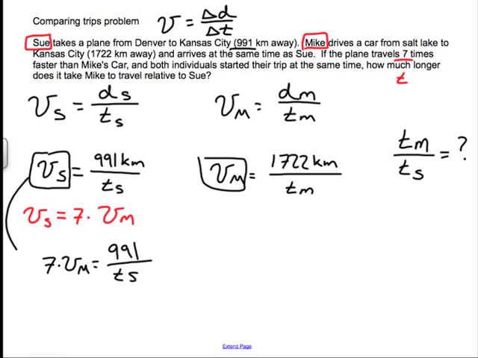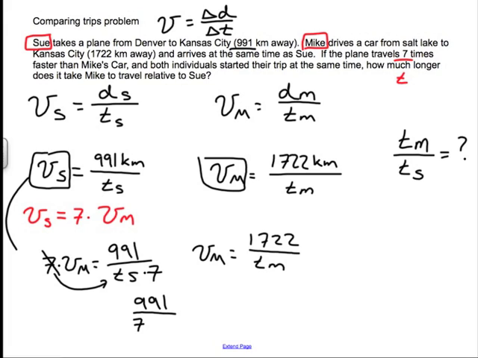Over here, I now have Vm is equal to 1722 over Tm. Now I'm going to divide this 7 over into the denominator here, so it's going to be times 7 there. Okay, so that went away. And I'm going to set the two Vm's equal to each other. So I now have 991 divided by 7 times Ts